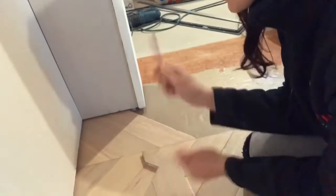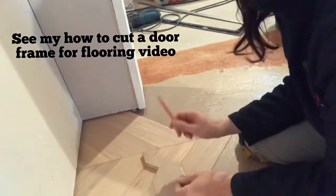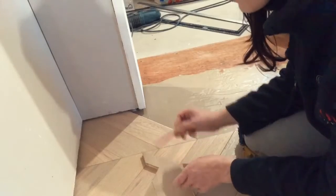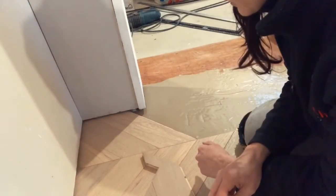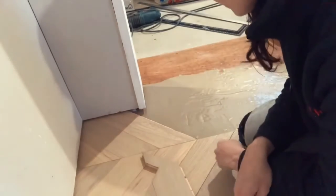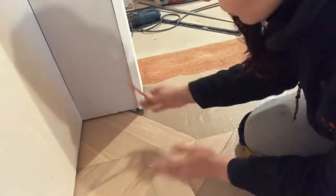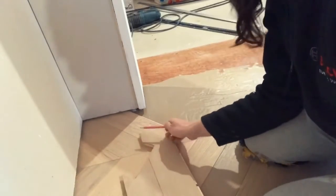Cutting around door frames is actually not too difficult at all. So the important thing when going around this door frame is you need to get your boards in. Now, we've discussed previously about measuring to the wall, sticking your boards together, drawing a line down of where you need to cut the boards when they come up to the end of the wall. So same principle, I measure from here to here, marked it along the boards that were all put together, including this one here,